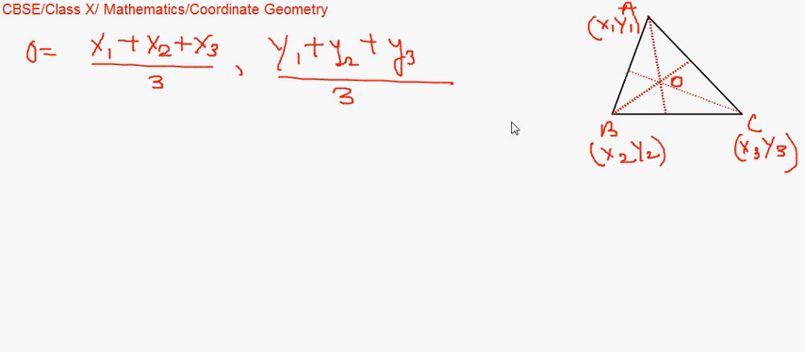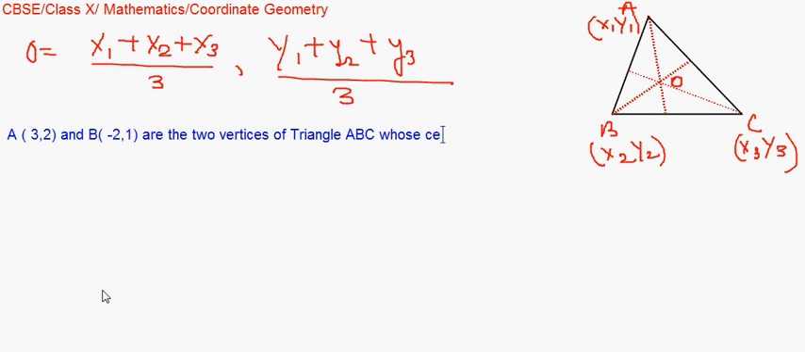Let us take up some other application on this centroid of triangle. Let me just put up the question here. A is a vertex which is given by (3, 2), and B another one which is given by (-2, 1) are the two vertices of triangle ABC, whose centroid